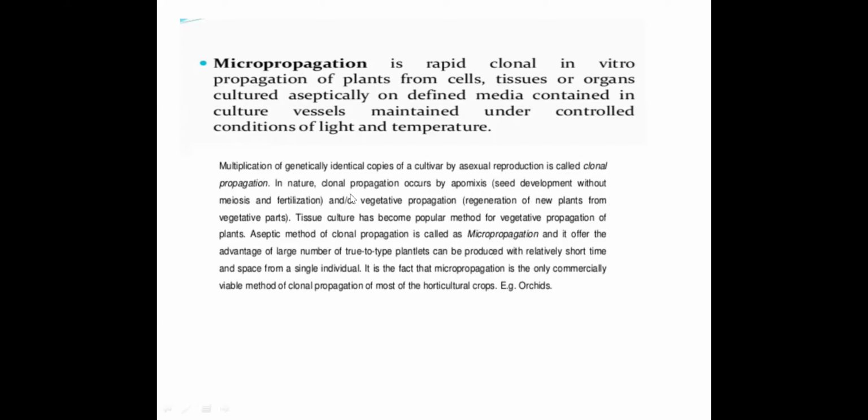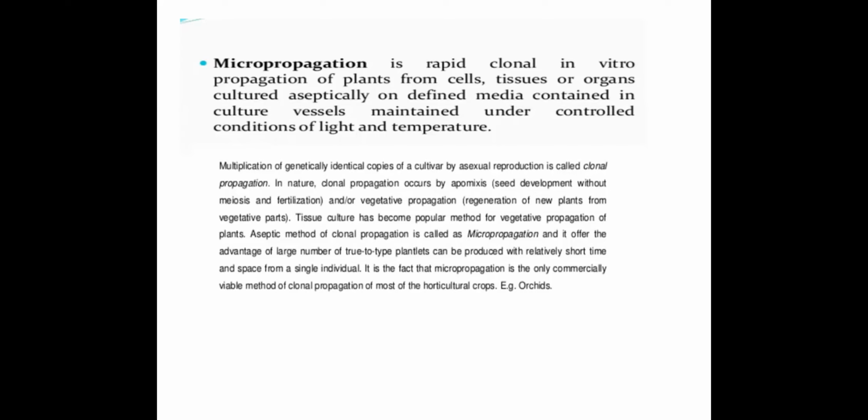So vegetative propagation is a natural process, regeneration of new plants from vegetative parts. With Bryophyllum, you just take a cut piece of leaf and put it in the soil. After a week or so, you can see rootlets coming out from the leaf. So it happens in nature.